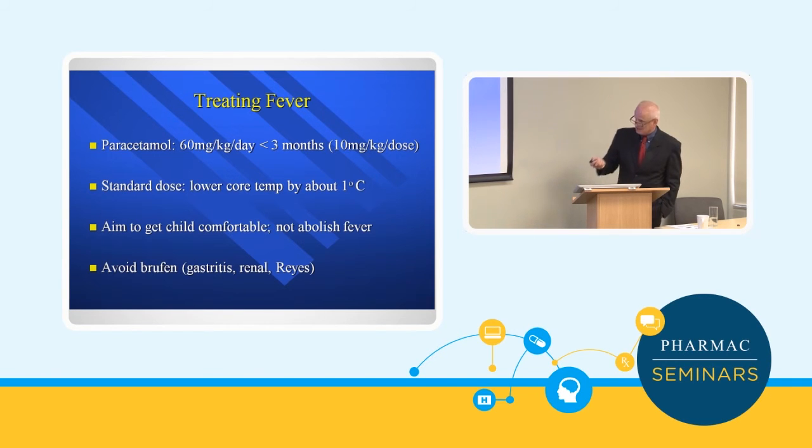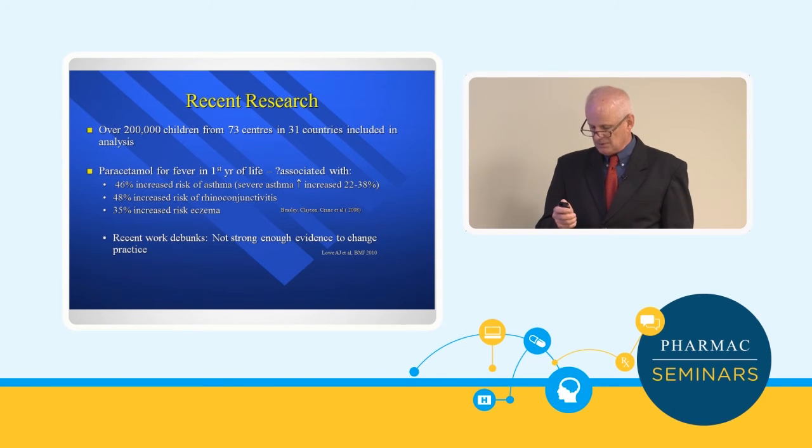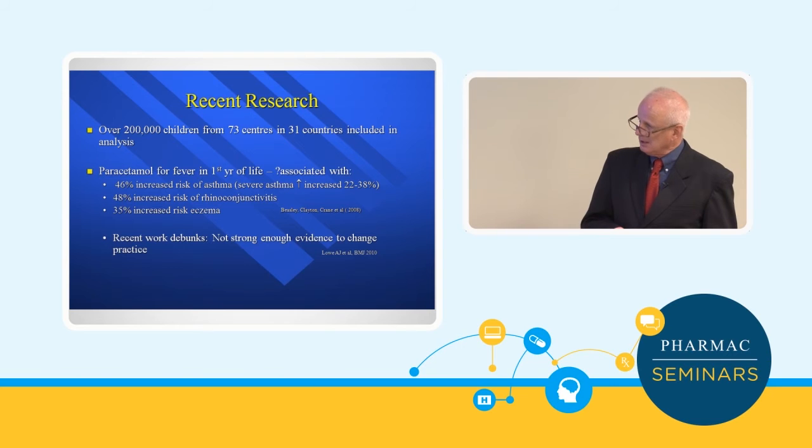The important thing is it doesn't actually abolish the fever, it just seems to make the baby more comfortable. And the standard dose as listed there will lower the core temperature by only about 1 degree, but that may be enough to make the baby more comfortable. Avoid that class of medicine there for the reasons that I've listed. Now, you may be aware of the research that was linking early paracetamol treatment for fever